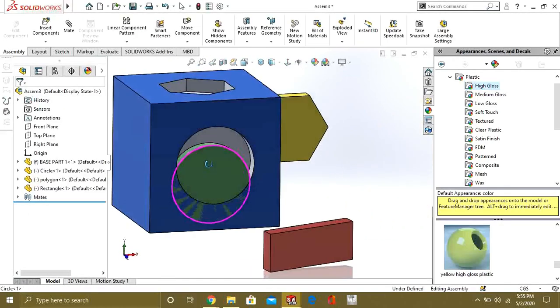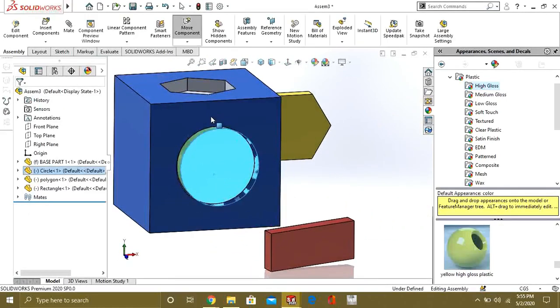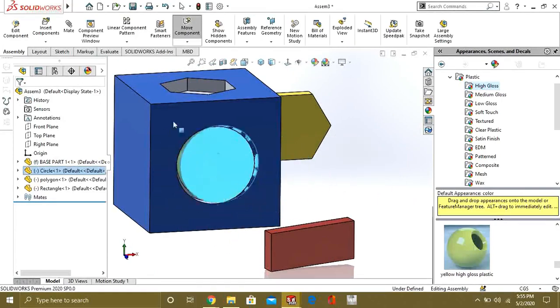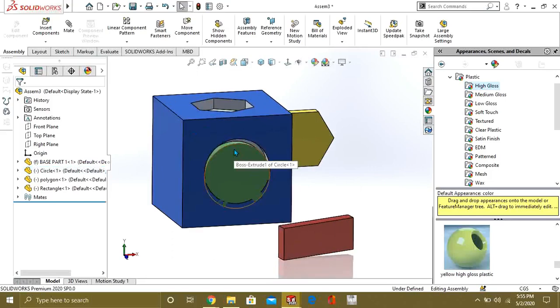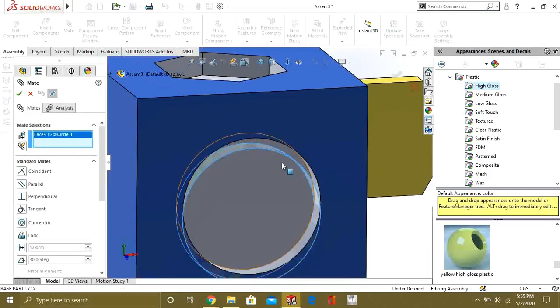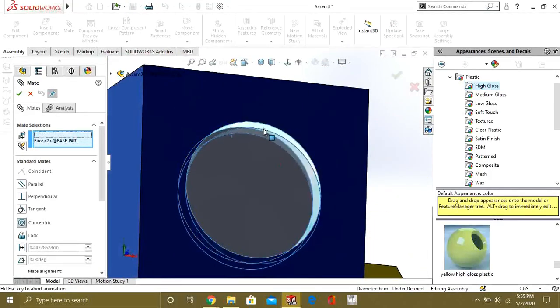So now if we move it, it will just simply move on this face. It is not going to go anywhere else. So now we will see what the concentric mate is. We will go to mates. We will select this circle and we will select this circle.